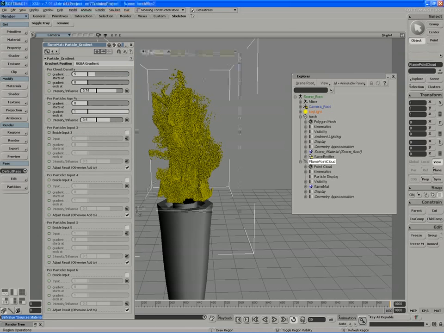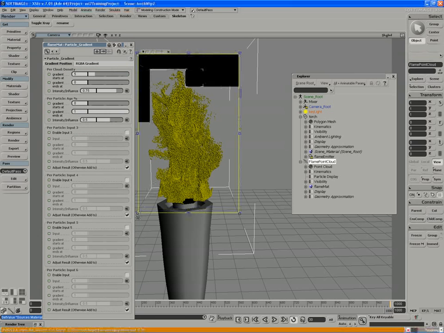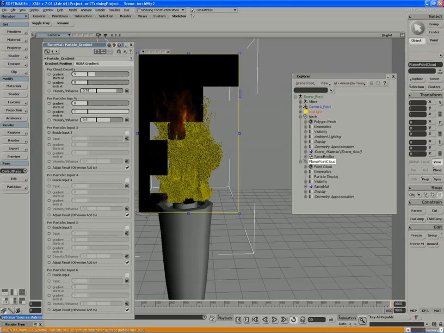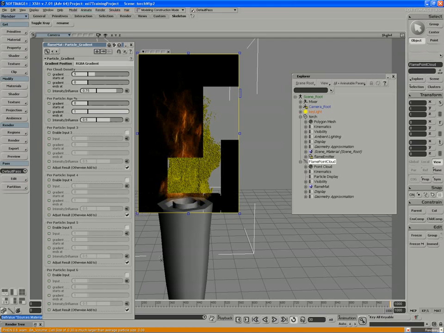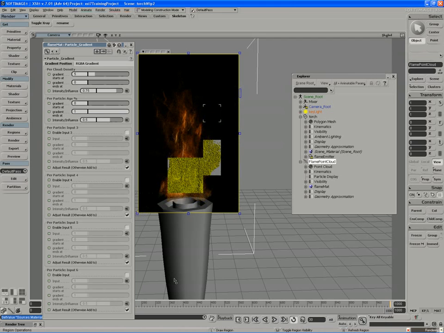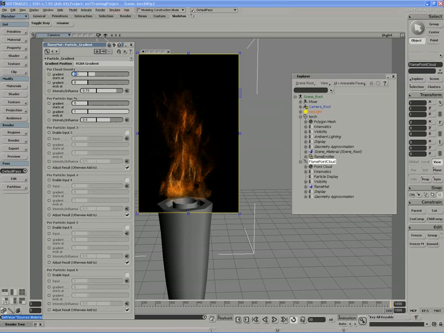If I draw a render region now, let's get an idea of what we're working with. So we've got the particles now moving from the yellow color, and now they're picking up some of the colors of the flame. If I wanted to stretch the gradient out a little further, I could increase the gradient start position. If I double the start position,